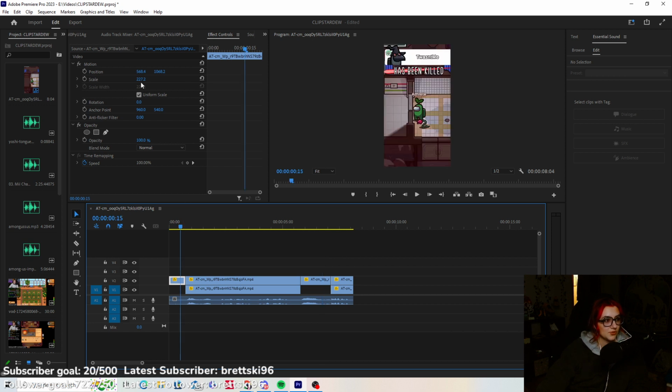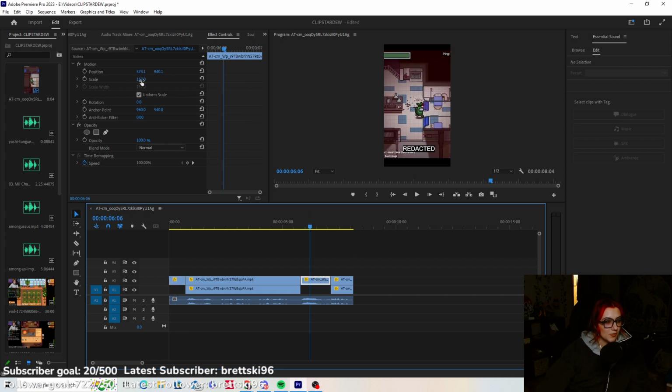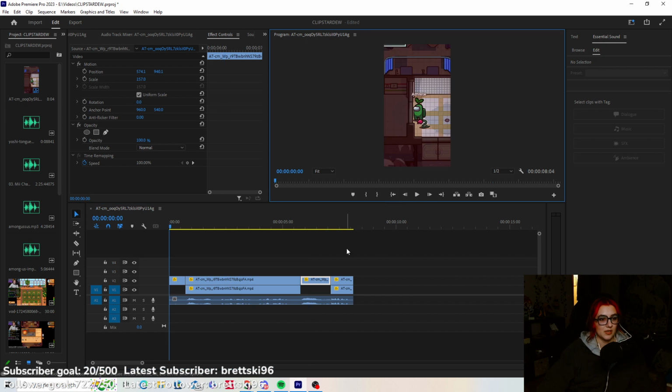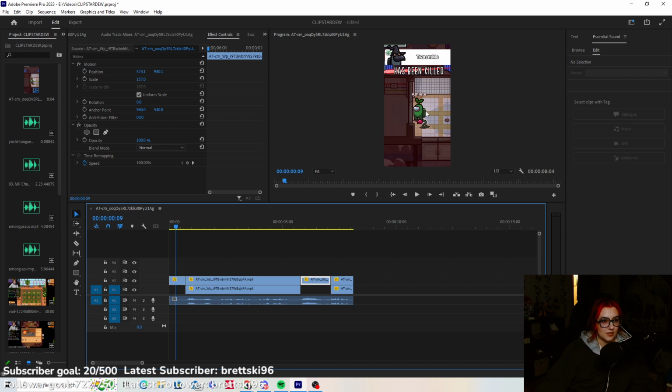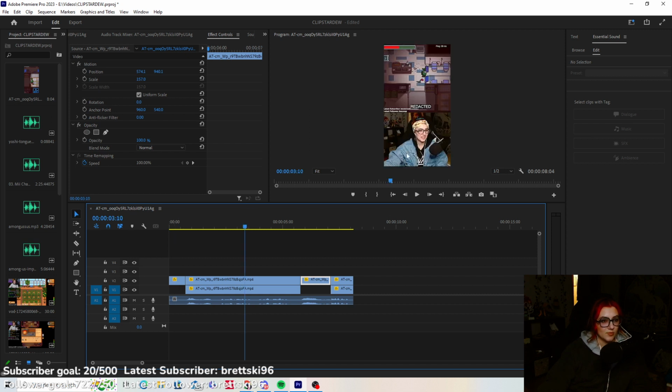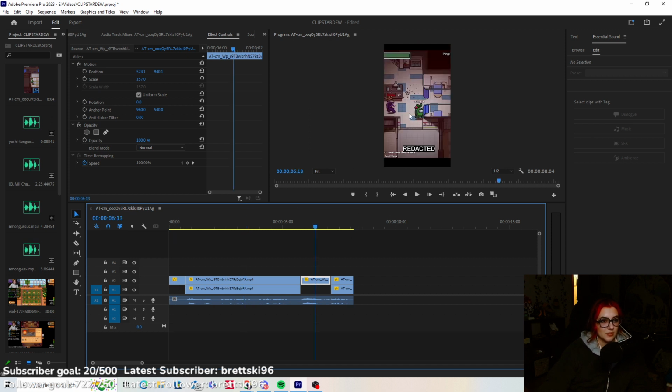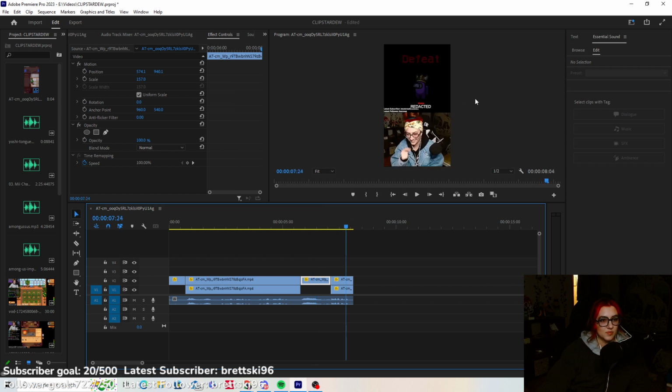This one is at 227 zoom, and then this one is at 157. So I like being able to control where I zoom in, how I zoom in, when, kind of stuff like that. But having those differences, again, this is just zoomed into the gameplay, this is zoomed out with my face and my reaction, zoomed in when I die, and then zoomed out my reaction after I die.